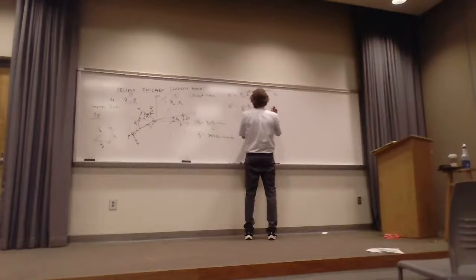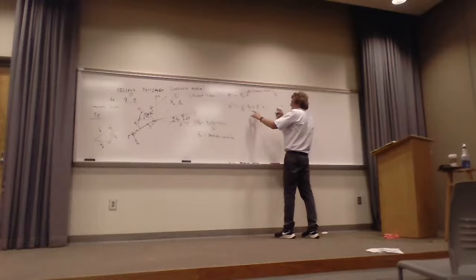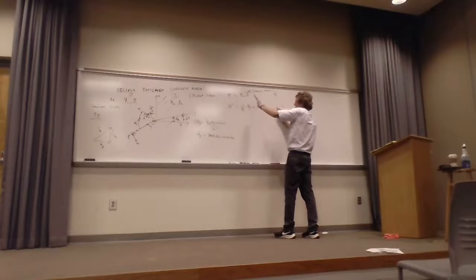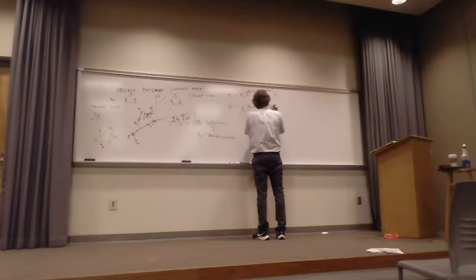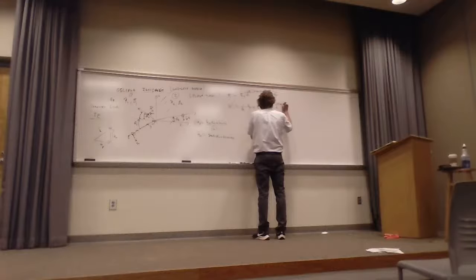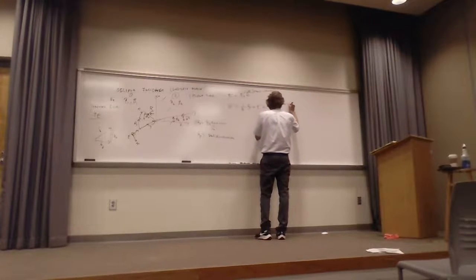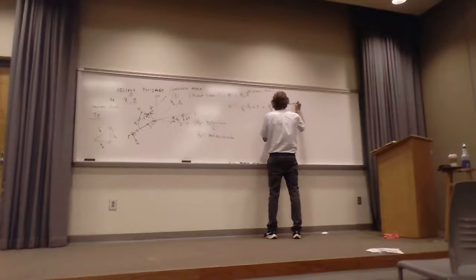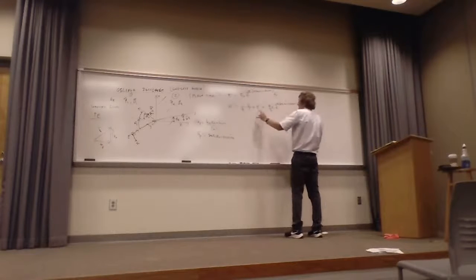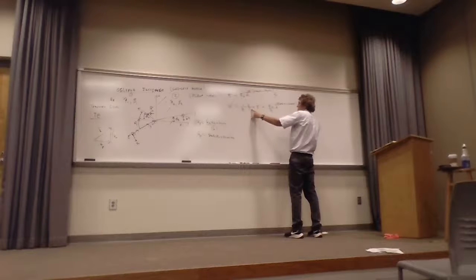So if I take this and I put it in here, I'll do it one time. Now I get, I'm going to do something else. I hope you appreciate this. If I take a look at this when I take A cross E, the only thing that I need to know about this is ay. All that stuff here is a scalar I can pull out in front. And I'll do that. That means I have E naught incident over eta 1, that'll be strictly real, times e to the minus j beta times x sine of theta incident plus z cosine of theta incident. And then I have the scalar terms I'm pulling out from